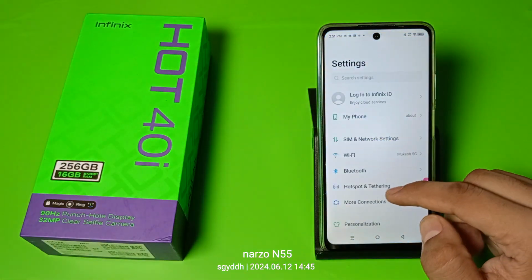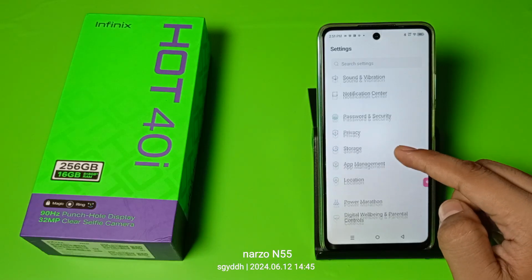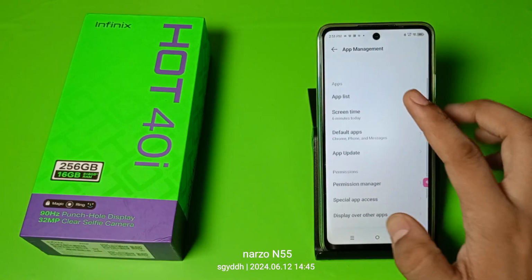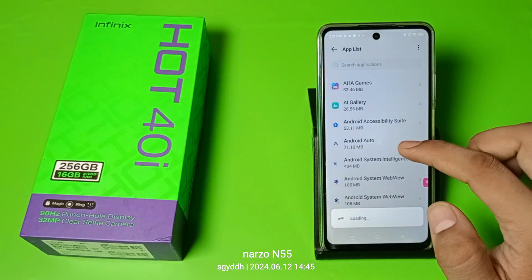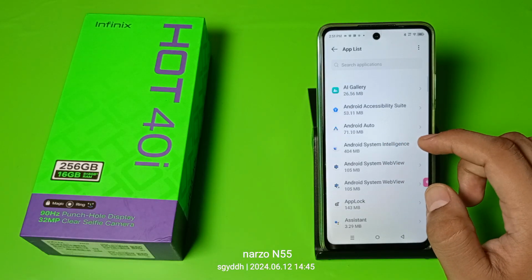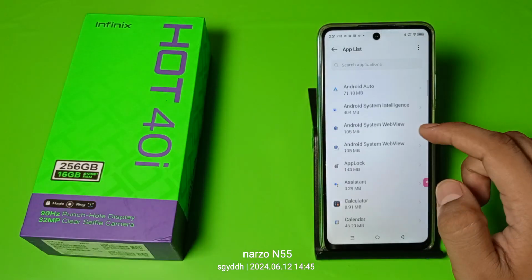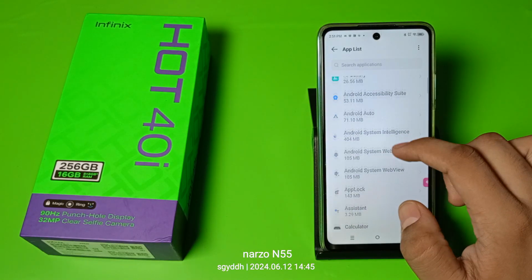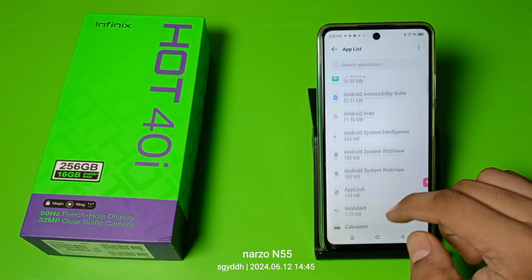First open the settings option, then you have to go to app management, and here you have to go to app list, and you have to close background data. It will stop background activities working on your phone. You can see,